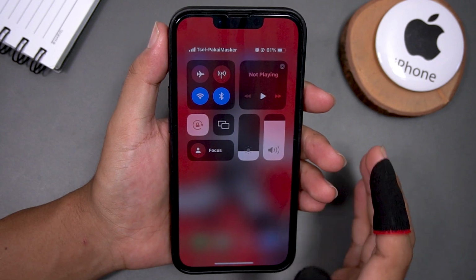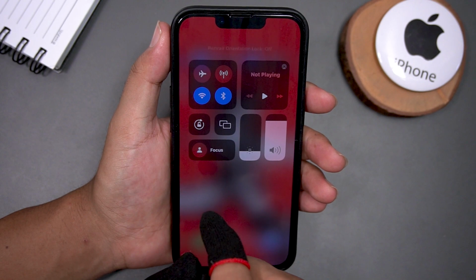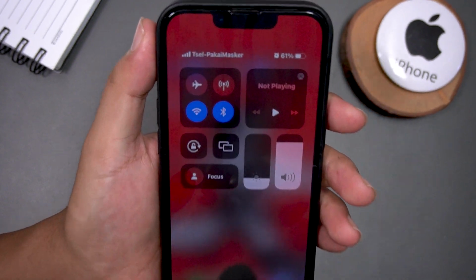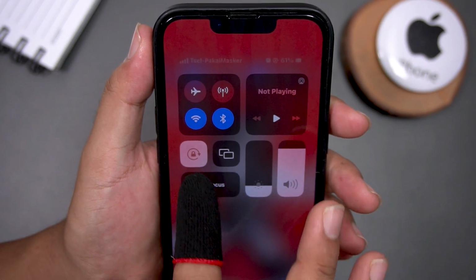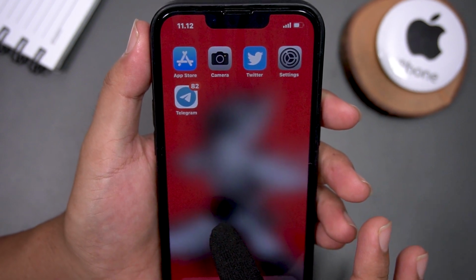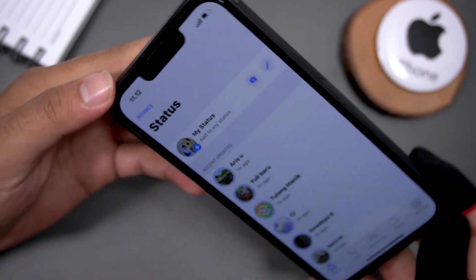After that, behind it, there is the orientation lock. It quickly locks the screen orientation in portrait or landscape mode. For example, I activate it, then we open an application, like WhatsApp. I try to rotate my device.